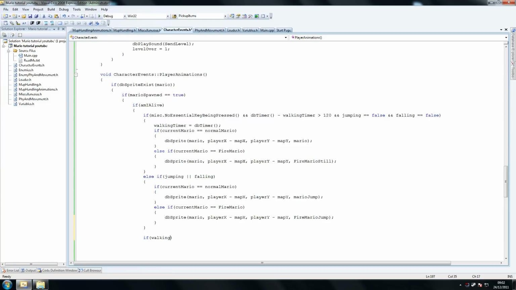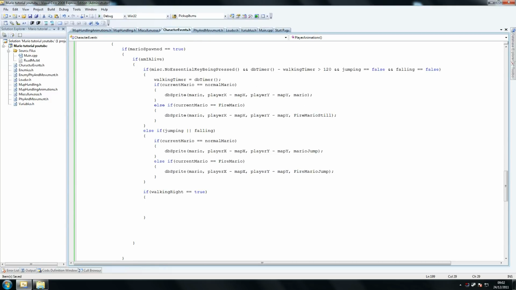walking right equals true. Now, the reason why I had to do this is mainly for the map at the end, but also because I think it's a good idea. So you tell him he's walking right, and you move him right. So you either turn this on or off. So if db